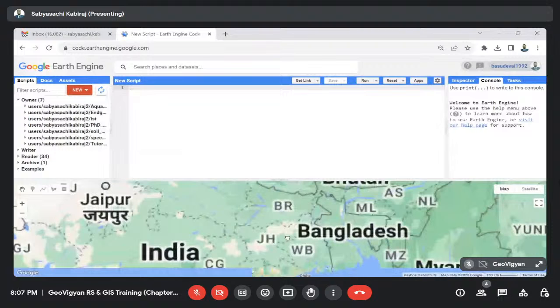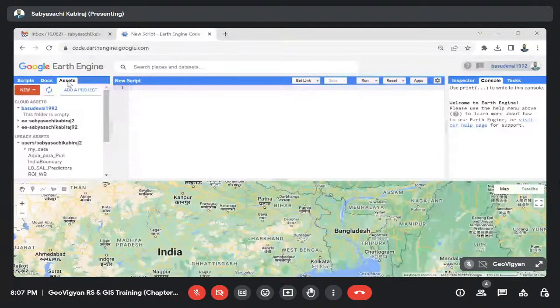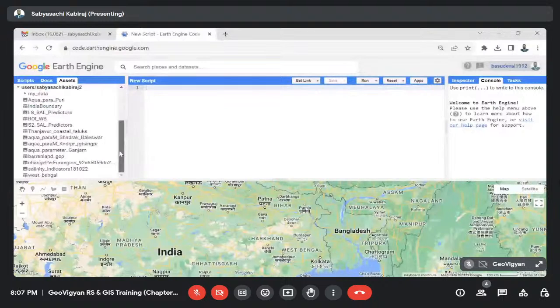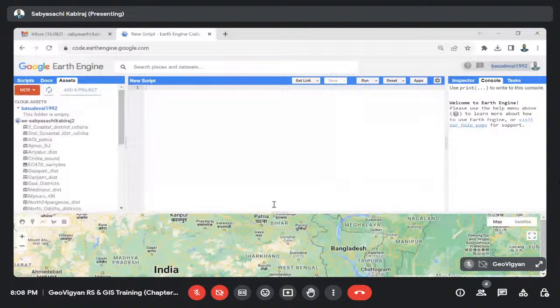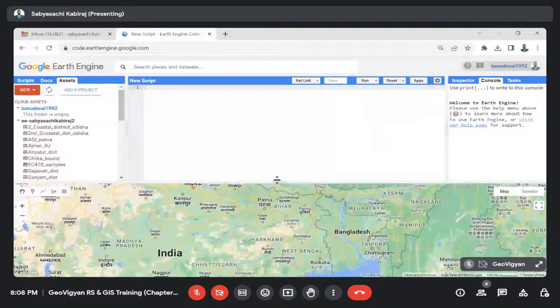So you are already aware of the part where we are saving our script, and you can create the documentation part, and third is assets. So here basically we can save different kinds of files and raster images, all the things we can save here. Okay. So first of all, I will show you the interface, how it will work. So for example,